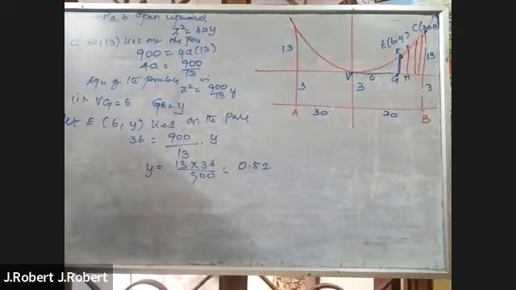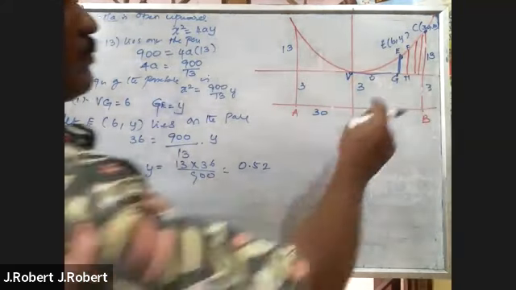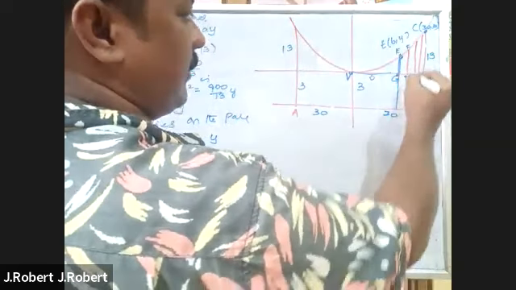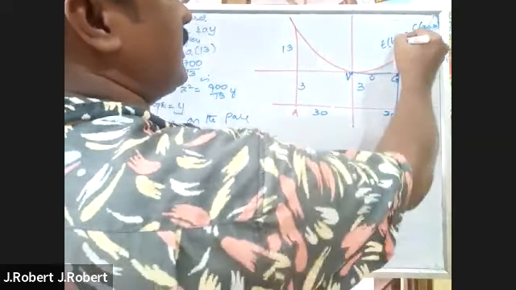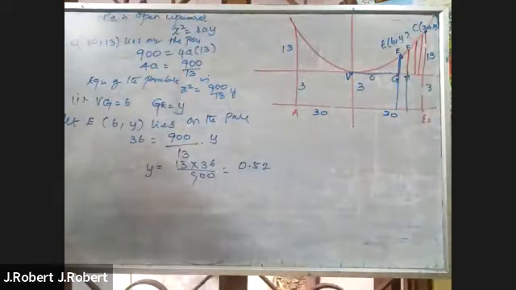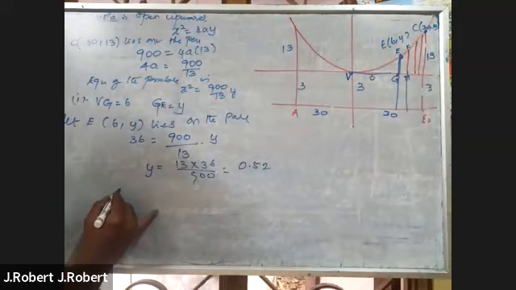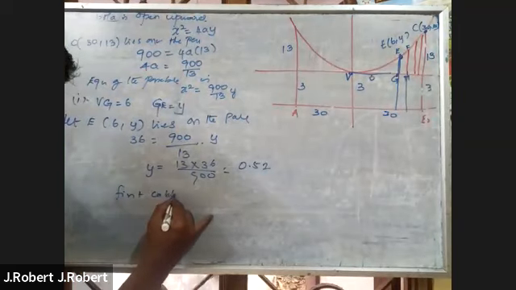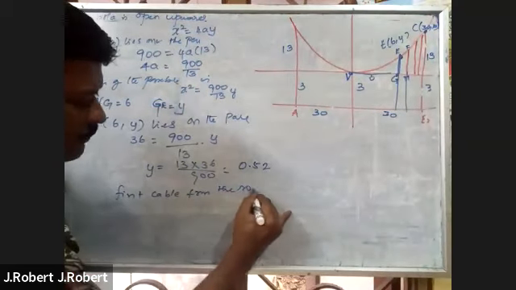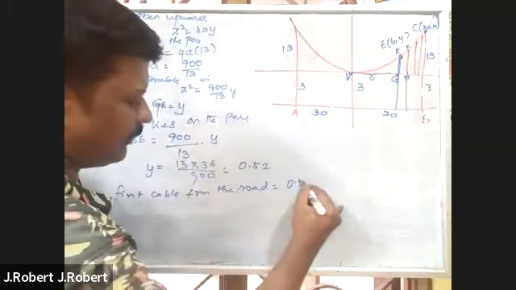நல்லா கவனிங்க. எனக்கு என்ன question கேட்டிருக்காங்கன்னா, find the length of the first two of these vertical cables from the vertex. சரிங்களா? நம்ம இந்த y உடைய point கண்டுபிடிச்சாச்சு. Your y is equals to what? இது அப்படியே continue பண்ணுங்க. அப்போ இதுல இருந்து இது வரைக்கும் இங்க பாத்தீங்கன்னா இது 3, y உடைய value என்ன கிடைச்சிருக்கு? 0.52. அப்போ first cable from the road,